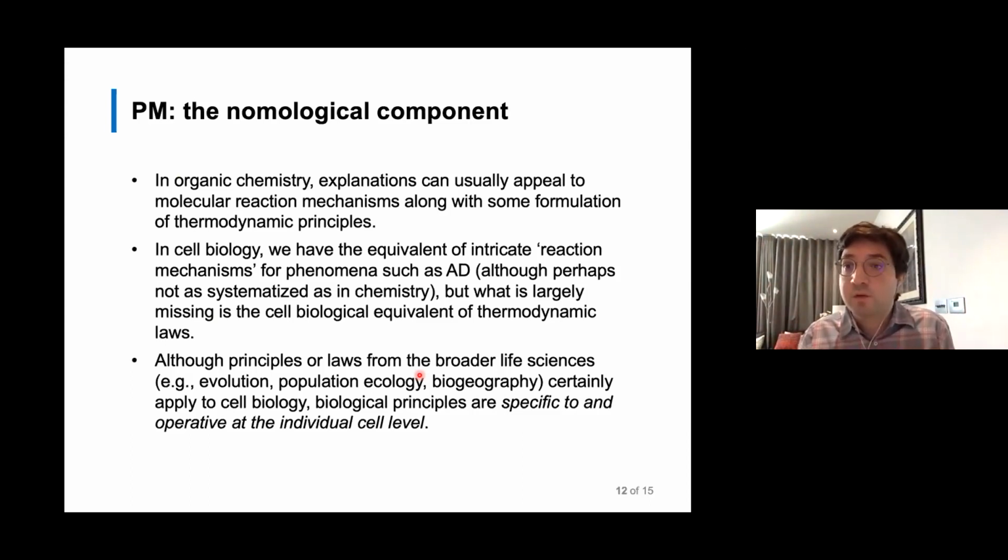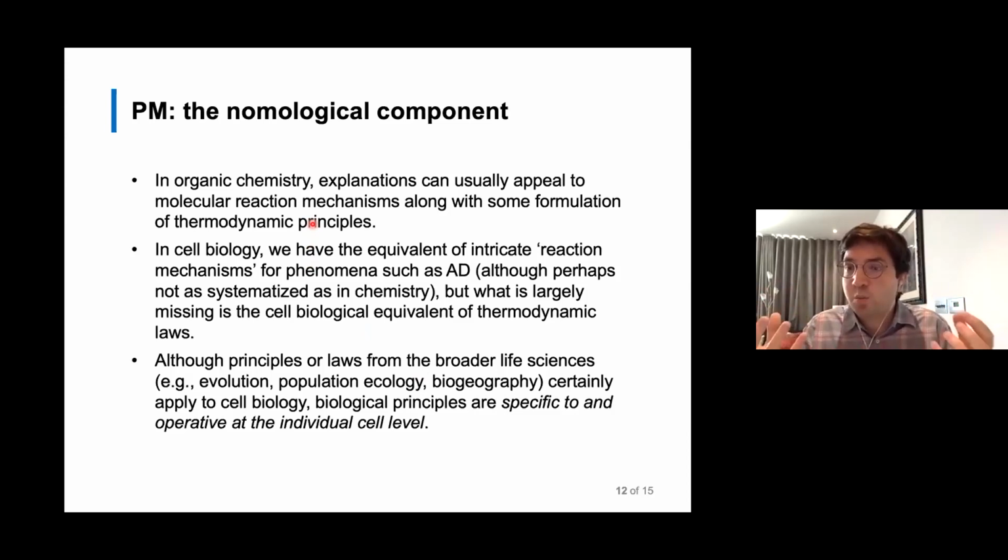But they don't stop there. They also augment their explanation with thermodynamic principles. Maybe not in a manifestly thermodynamic way, but they all use, for example, delta G, Gibbs free energy, that is derived from thermodynamic laws, to say whether the reaction that they are going through all the trouble of drawing out mechanisms for, whether it in fact happens or not. What is its yield? So they use both components.